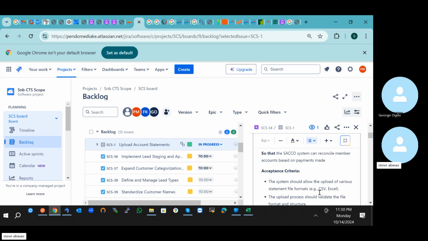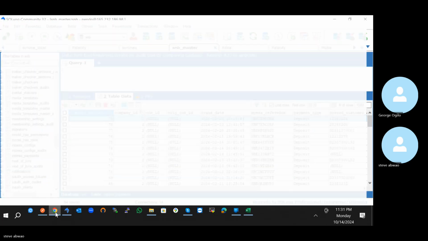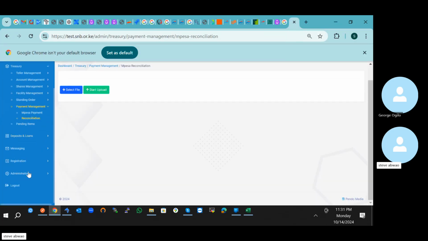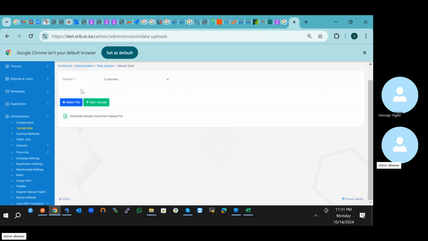So you will see other areas in the system already uploading that data. For example, you come here like this. Just check here. Here in administration, upload data. You'll see we can already upload. We have a sample format here. By the way, you can even give them a format. You know, another thing that we can do,